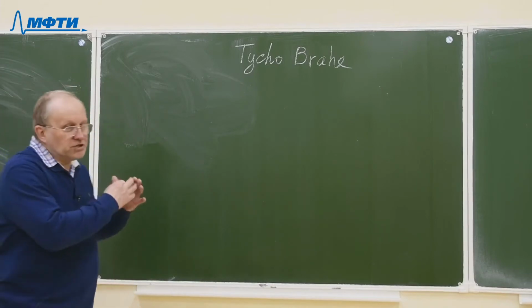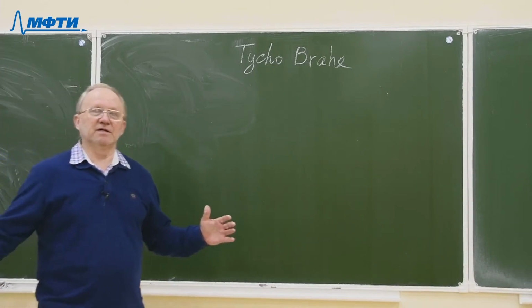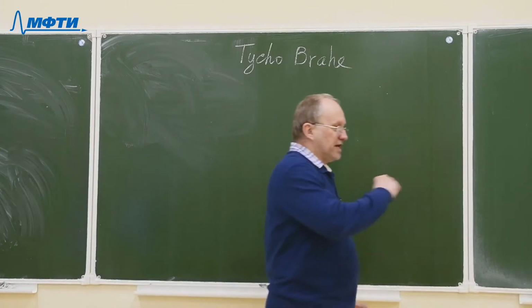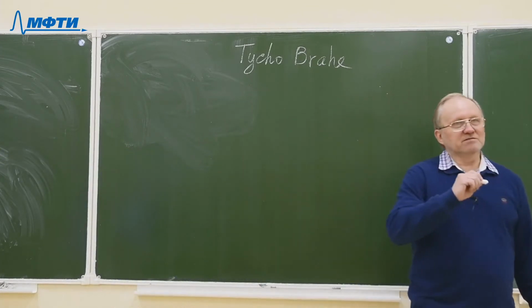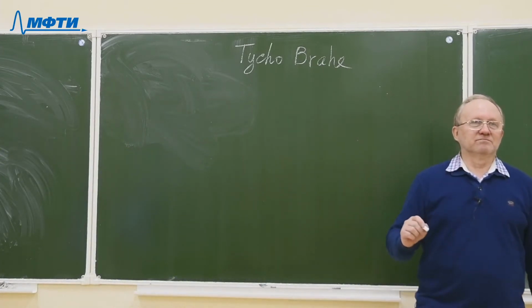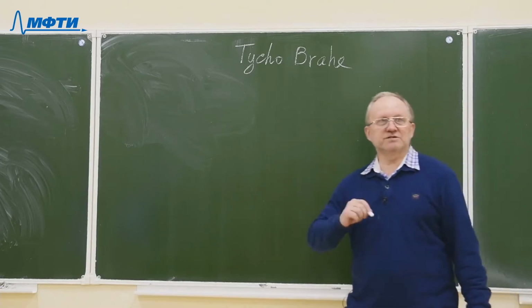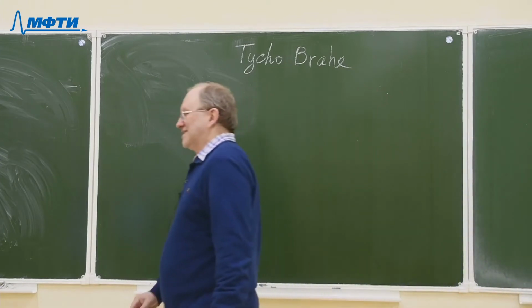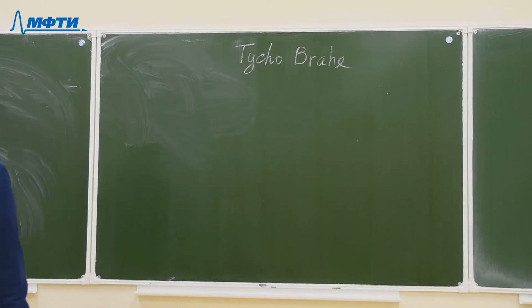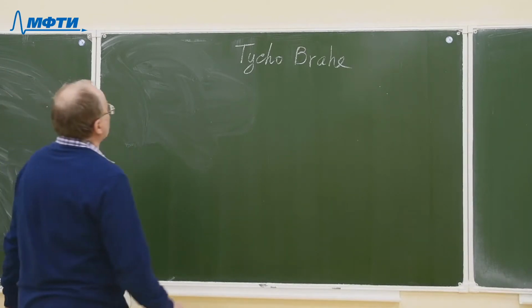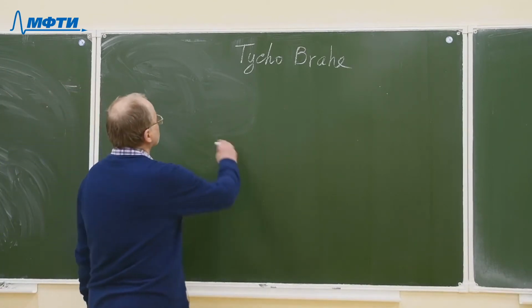So he created huge tables containing daily coordinates of each planet, thousands of digits. And the German scientist Johann Kepler